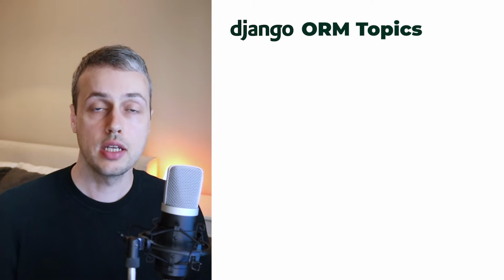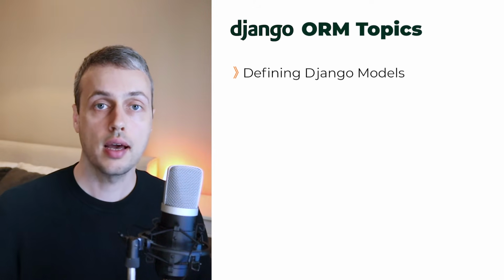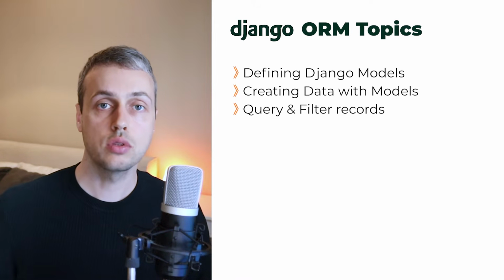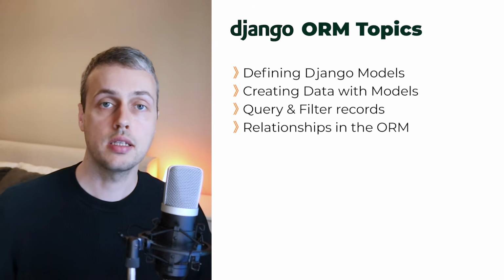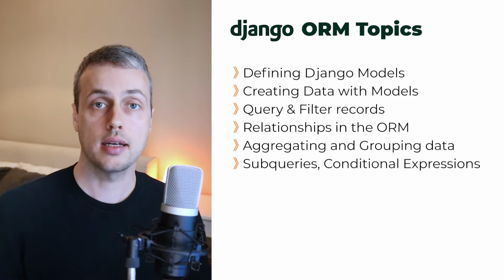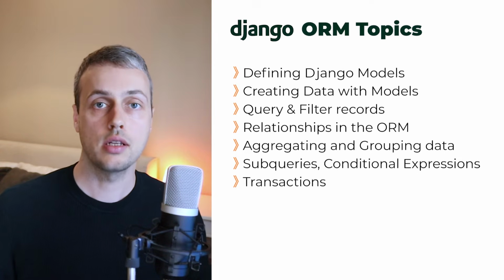records. Now, throughout this series, we want to cover a multitude of topics, including how to define Django models, how to create data in the database with these models, and how to query and filter records based on certain conditions in your application. We're also going to look at how you can create foreign keys and many-to-many relations in your Django applications. And then we're going to move on to some more advanced topics such as how to aggregate and group your data, how to use subqueries and conditional expressions, and also how to use database transactions in your Django